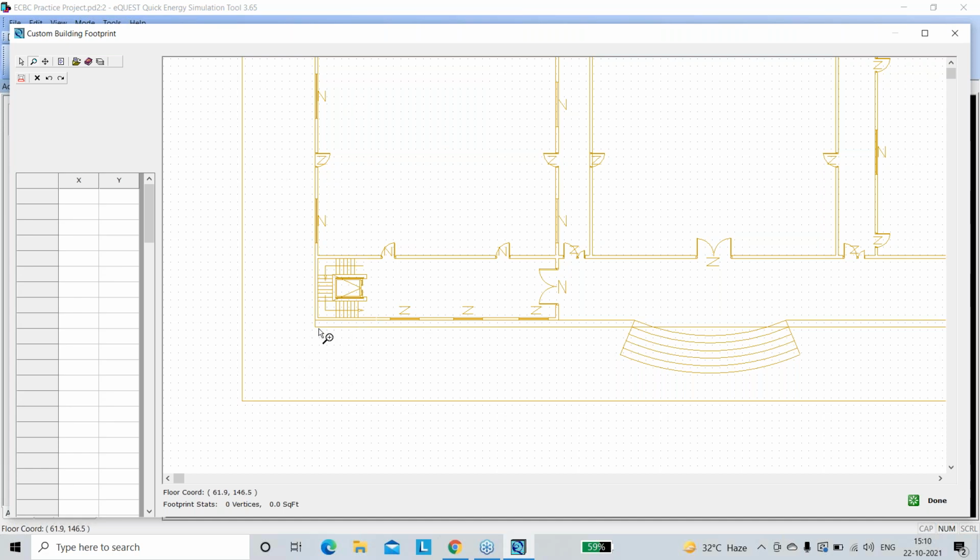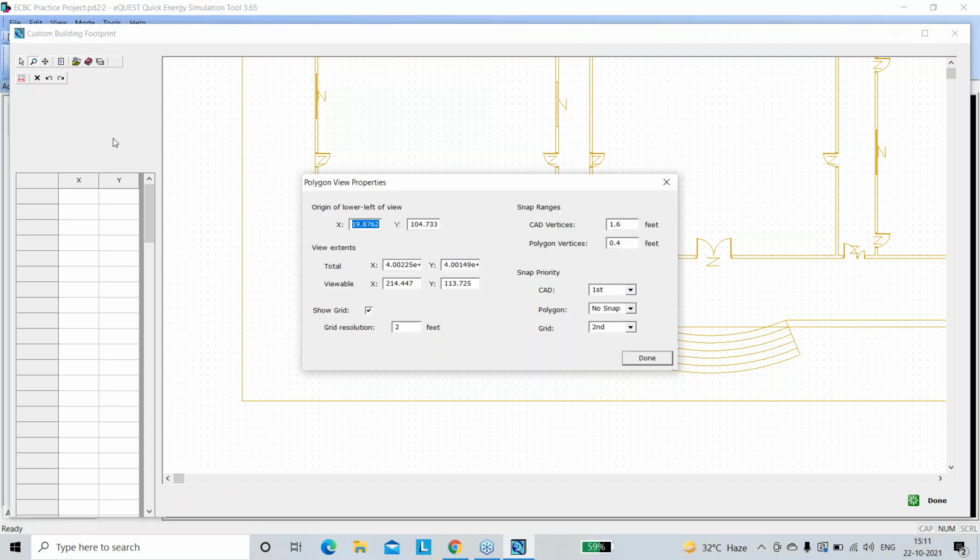So it will grid. So if no CAD vertex is there, it will snap to that grid. But when I am tracing the outline, that means the external geometry, I will just keep CAD as my first snap,